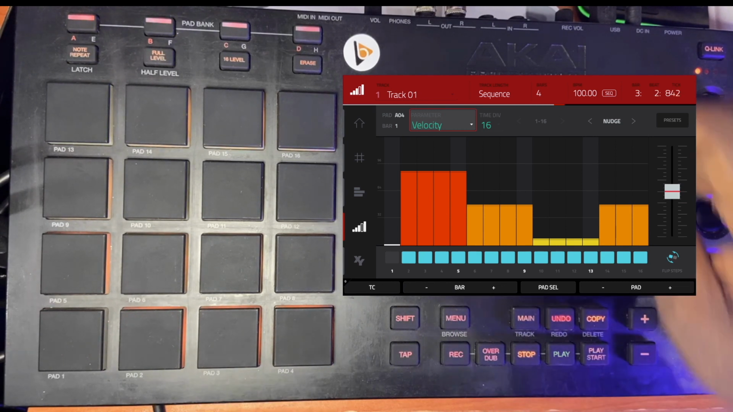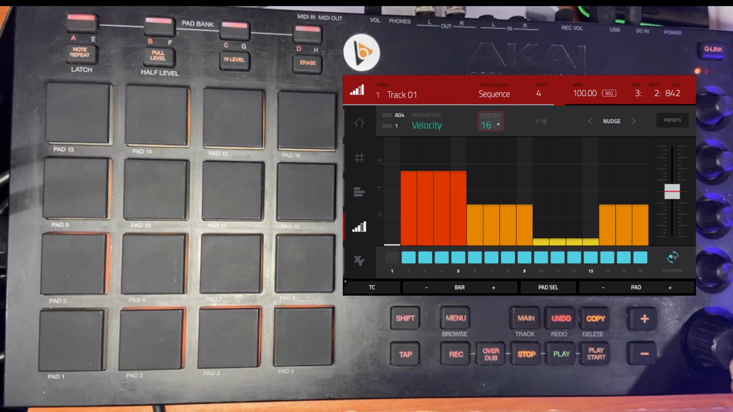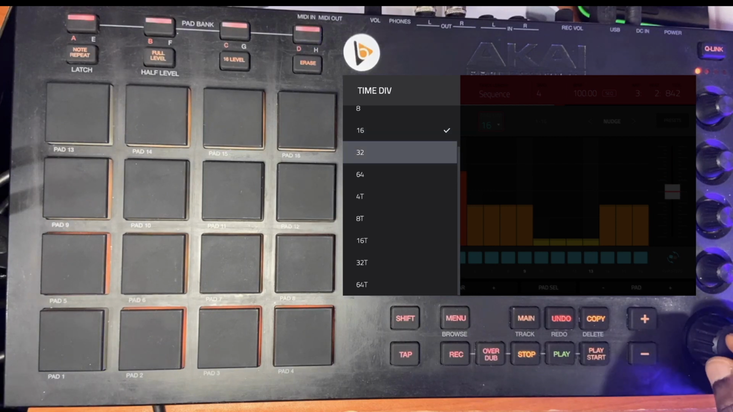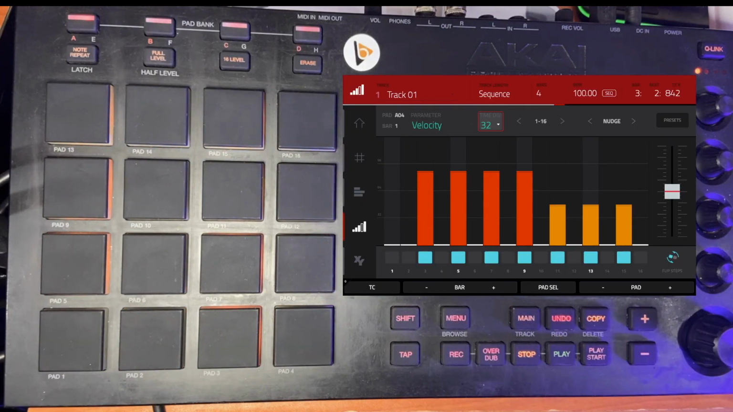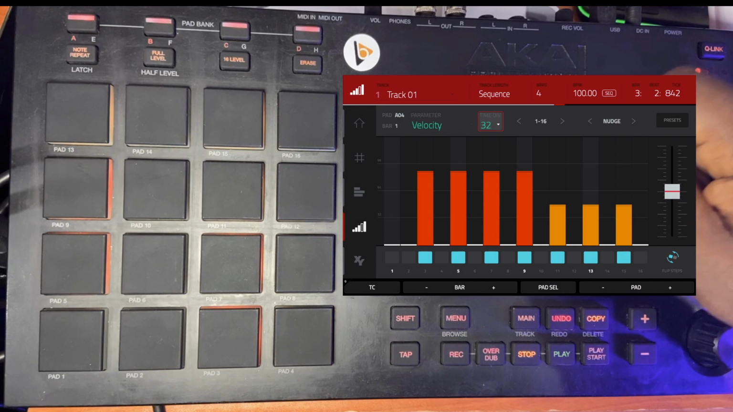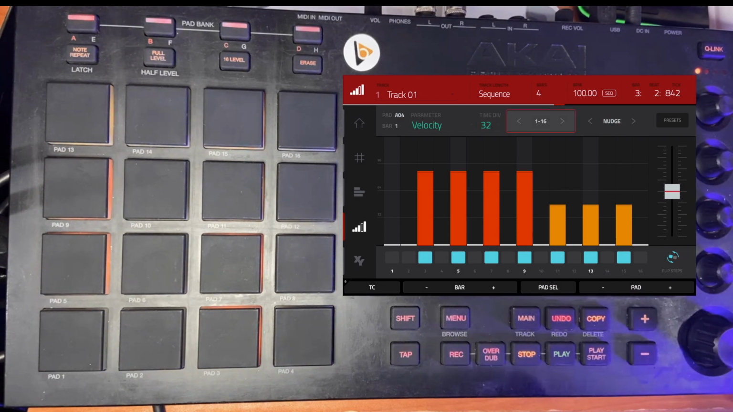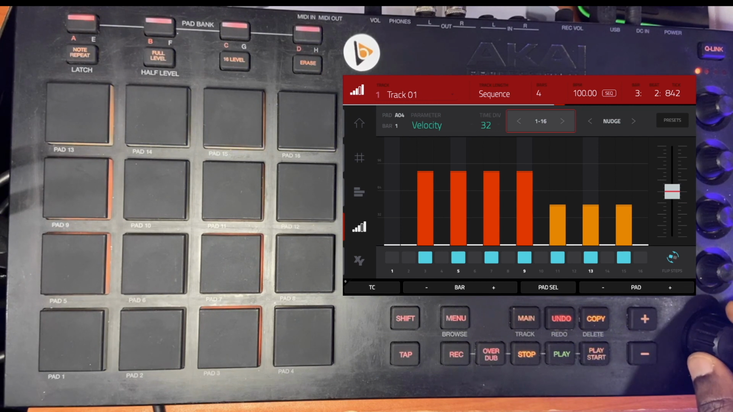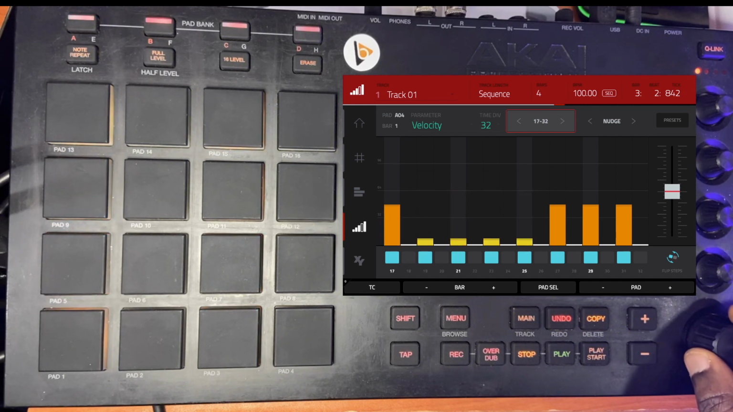That's it. So let me go to the time division and make it 32. When I make it 32, do you see what happened? 1 to 16 becomes enabled. Now, if I click on the 1 to 16, it simply means I can just use my scroll wheel, my